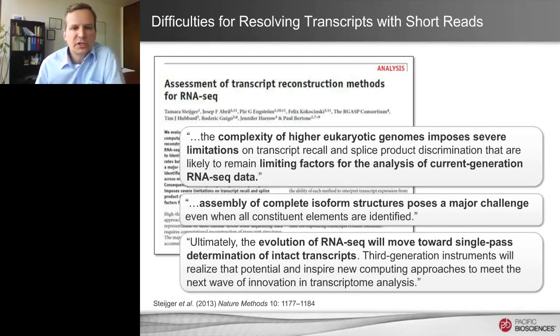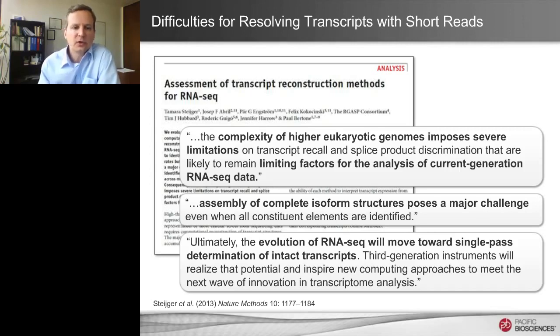The limitations of the short-read technologies to highlight and resolve transcripts have been studied more systematically. This is a paper by Steijger et al. in Nature Methods, where they looked at 25 different experimental methods and 14 computational algorithms with regard to their ability to interrogate the transcriptome and reconstruct splice variants. And the authors conclude that because of the complexity of higher eukaryotic genomes, there are severe limitations on transcript recall and splice product discrimination that are likely to remain limiting factors for the analysis of current generation RNA-Seq data. Even when all the constituent elements are identified, the assembly of complete isoform structures poses a major challenge, and the authors conclude that ultimately the evolution of RNA-Seq will move toward single-pass determination of intact transcripts, which third-generation instruments will